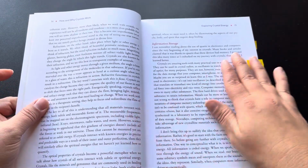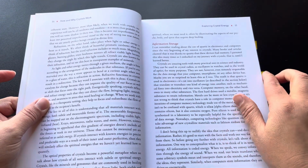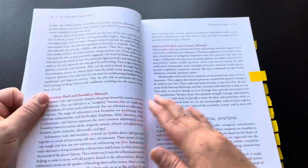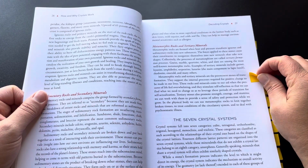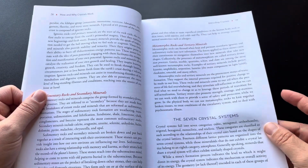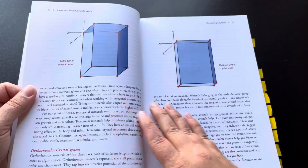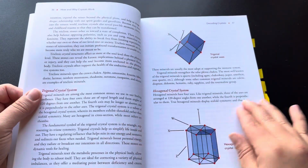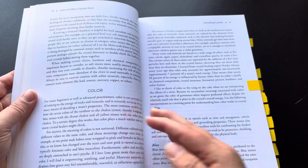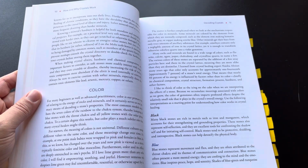Functions. I like that he has a section here on storage, information storage of the stones. And metamorphic rocks, as well as he breaks it down to 7 different crystal systems, right? So you got the cubic and all the different ones, goes through it. So the first half of this book is almost like a textbook, an education on the science side of the stones, with some metaphysical information mixed in there,